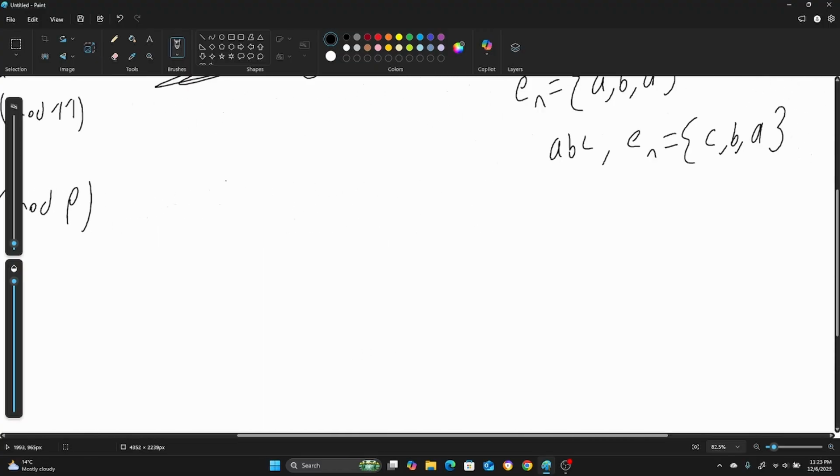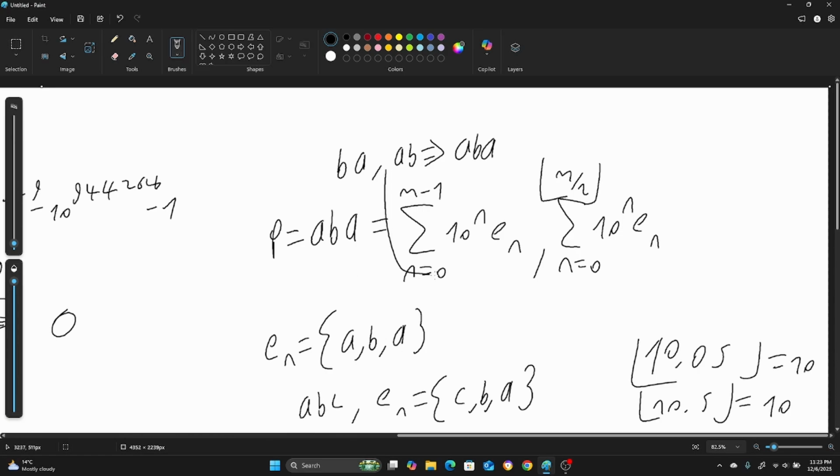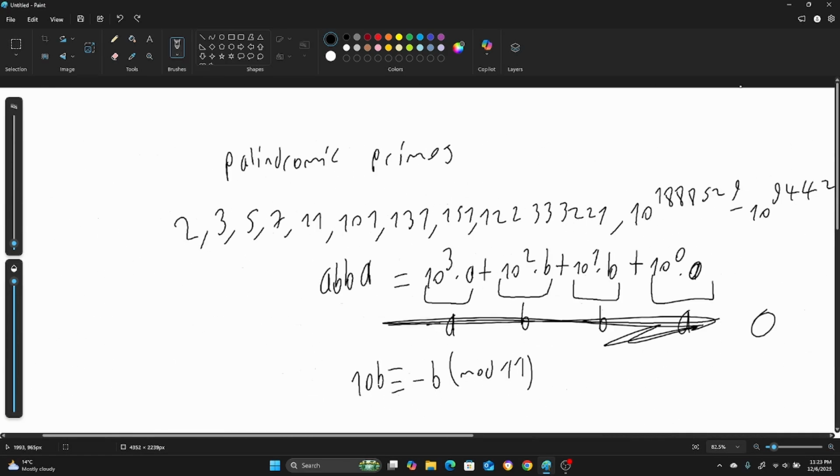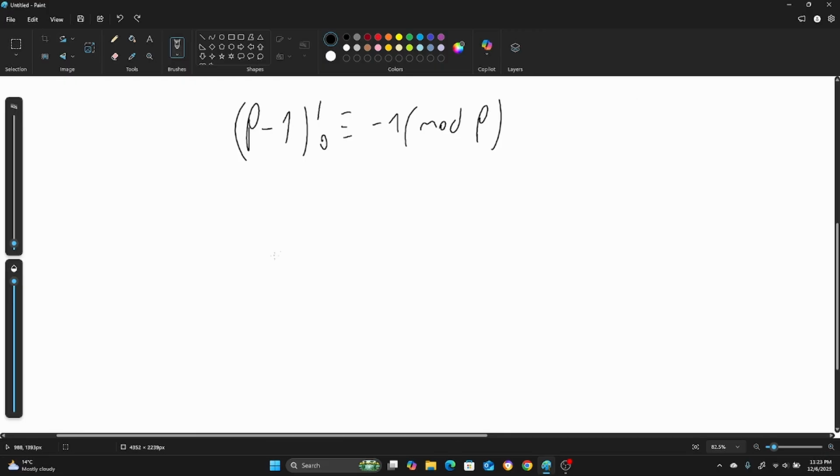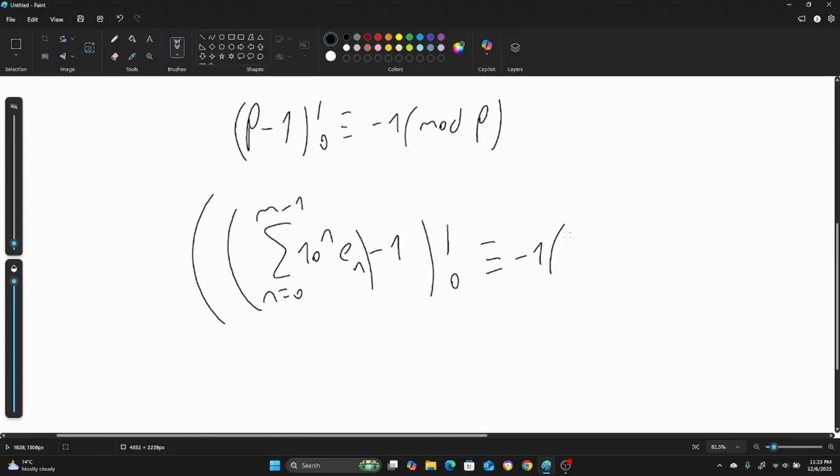Now, using this, if we plug in p equal to what we found here, you would get the sum from n equals 0 to m minus 1 of 10 to the n, e_n, minus 1, in parentheses. Factorial is congruent to negative 1 mod p. Yeah. If we somehow find the series e_n and n minus 1, then we can for sure check whether this is prime or not using this theorem. But